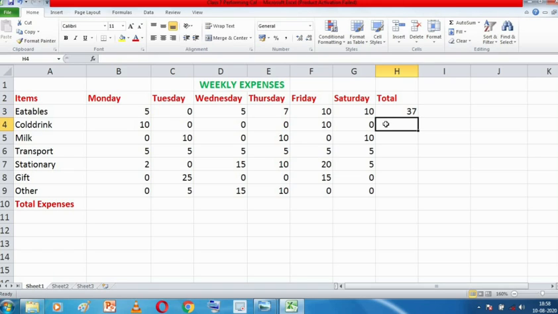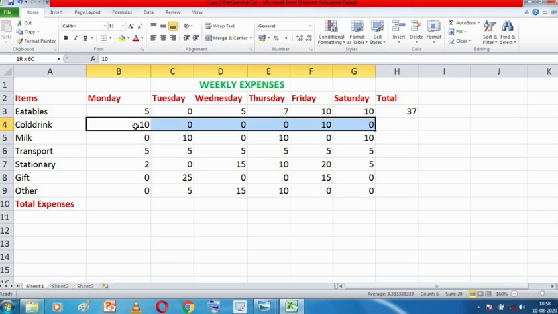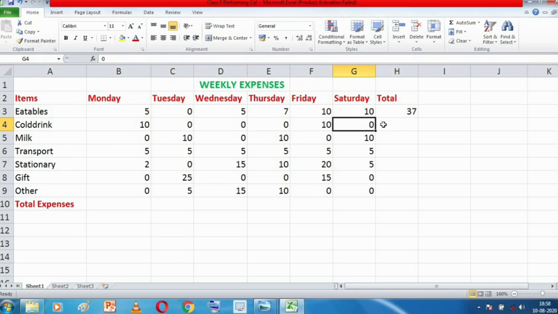Now let's quickly do one more example of a formula. Suppose I want the total of the cells from B4 to G4 in this cell.